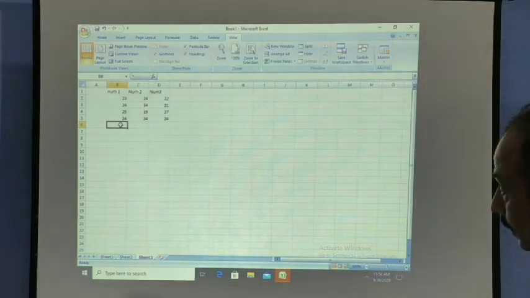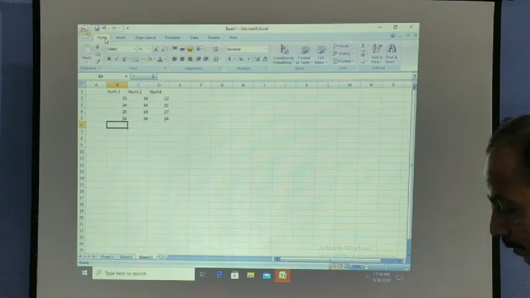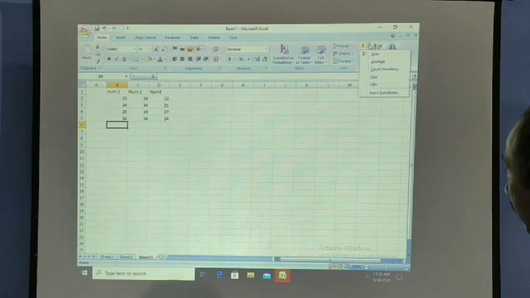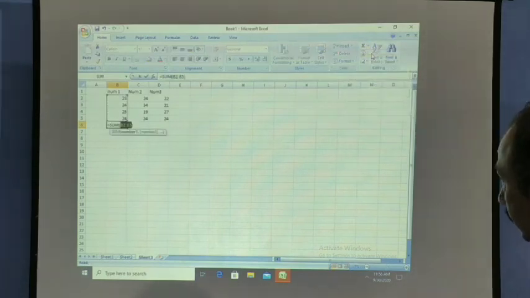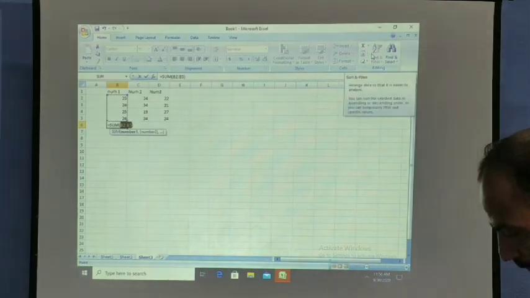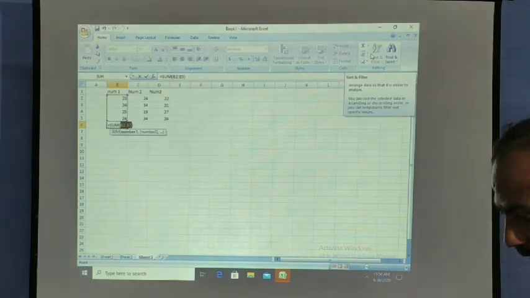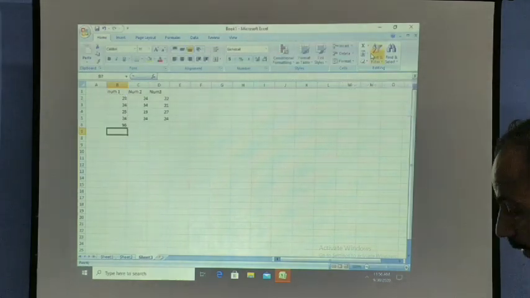Then after that I just have to go to the Home tab. This is my Home tab. Then the Editing group is there. Where is the Editing group? Here, this one. Okay. Now I want the sum, so the sum of these numbers. When I press on that, I am getting the answer 96 automatically.